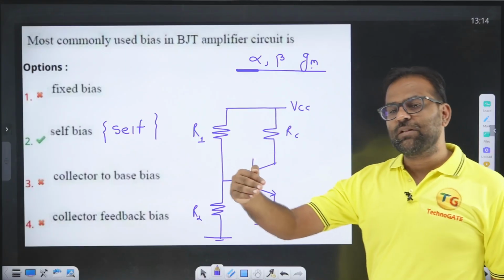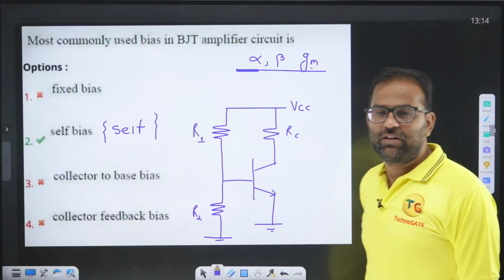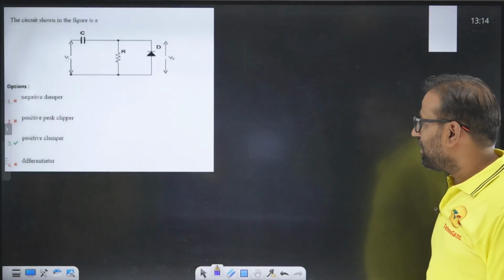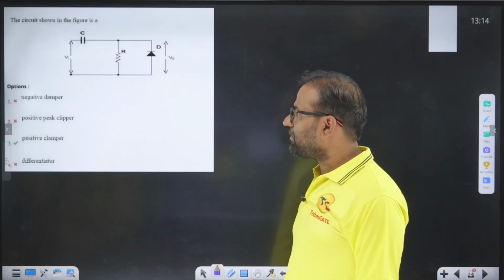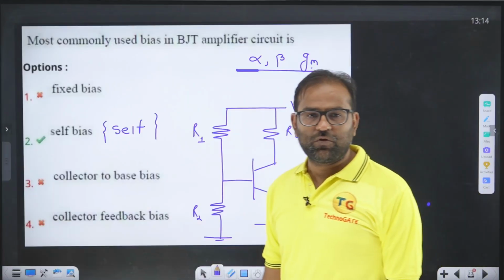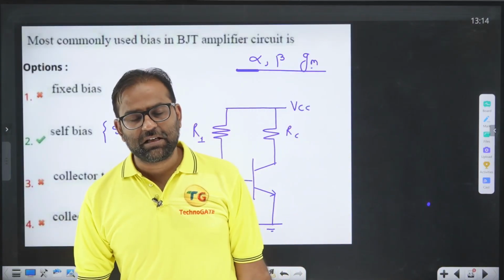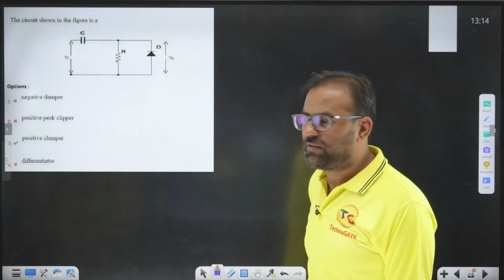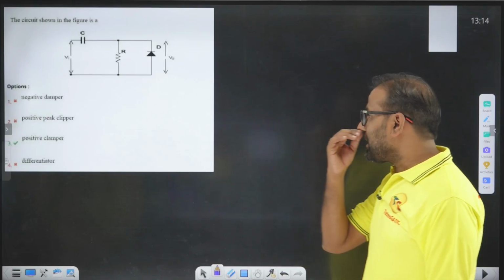If the biasing point changes, the amplifier's gain and everything will change. So this is a good biasing scheme. Preferably there are two biasing schemes which are very useful. First is the current mirror biasing scheme, which is used for integrated circuits, and second, for discrete circuits we use this biasing scheme. Next question is